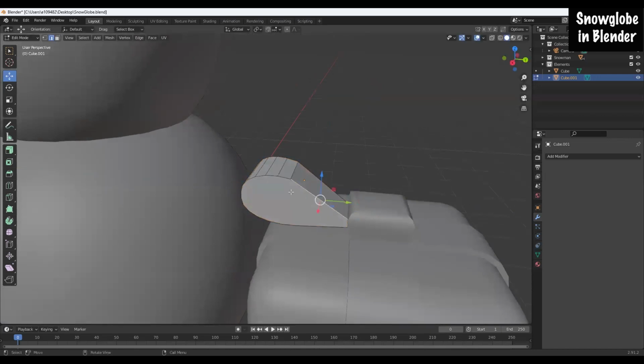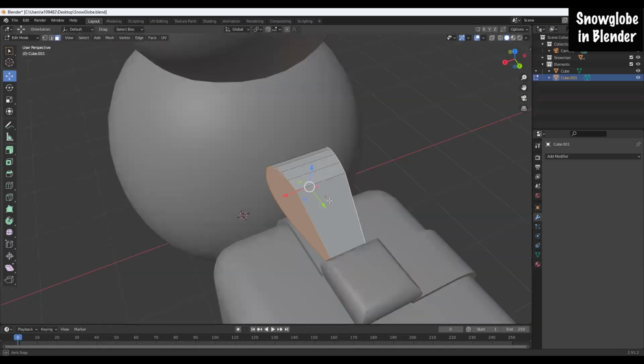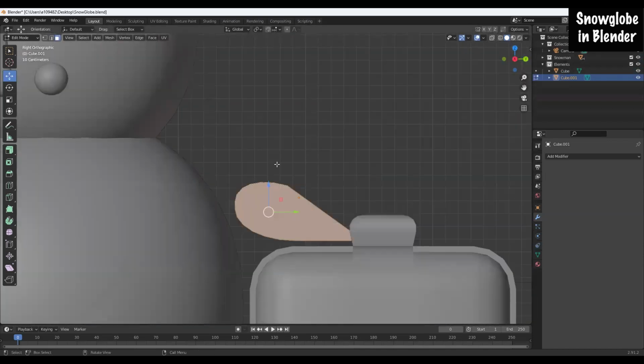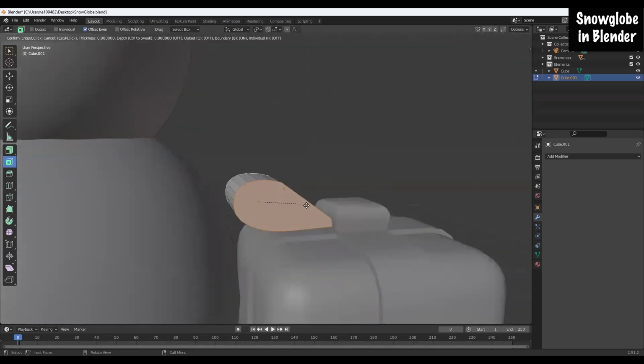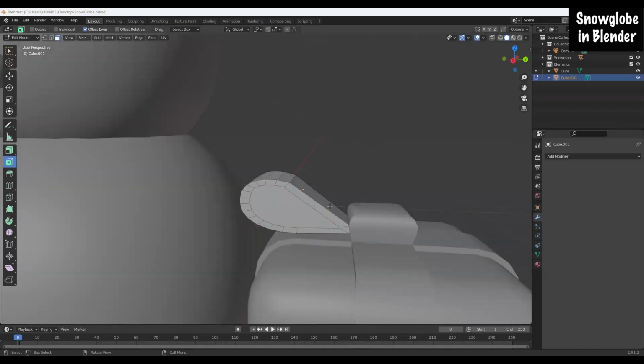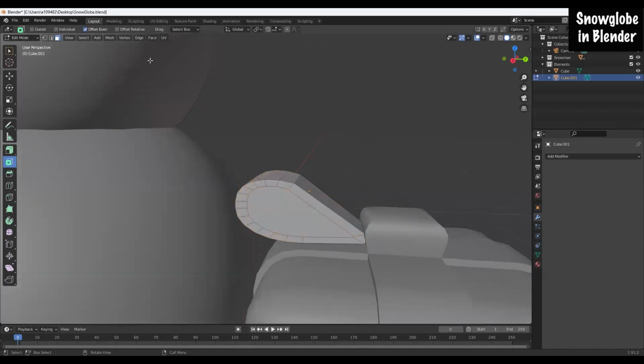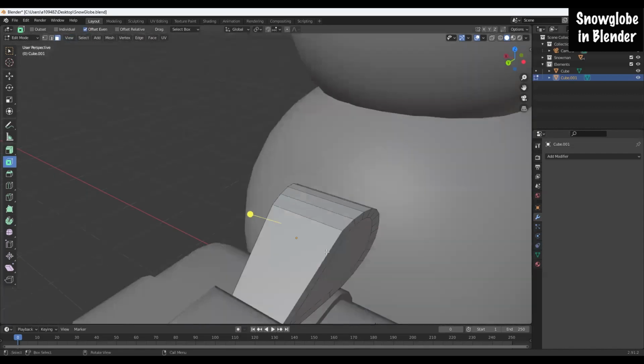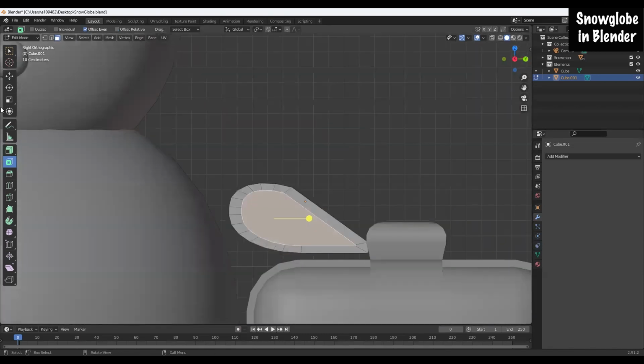Okay, now I'm going to grab these two faces here, this face and this face. And I'm going to inset the faces. You don't want to do too much where it starts going crazy like that. So maybe about right there. Okay, so I'm going to press these two faces. Oh, not that. And first I'm going to scale this in a little bit